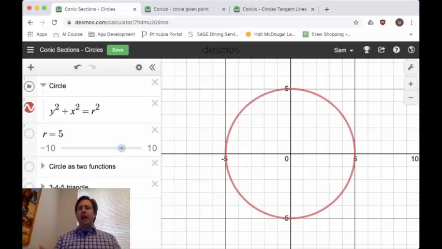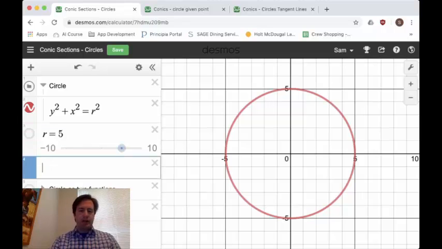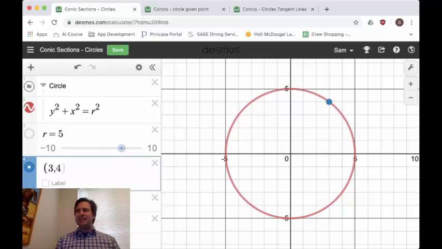Obviously, if we have a graph and we want to know, is the point 3, 4 on the circle? Well, we can just plot that point and see whether or not it is. But sometimes it's not as simple as just looking at it on the graph. So something that's really fun is thinking about circles as